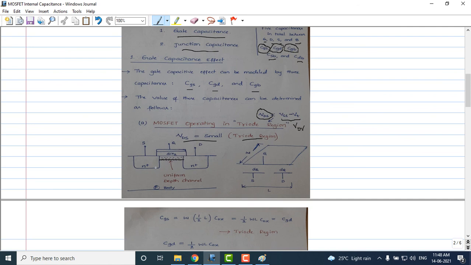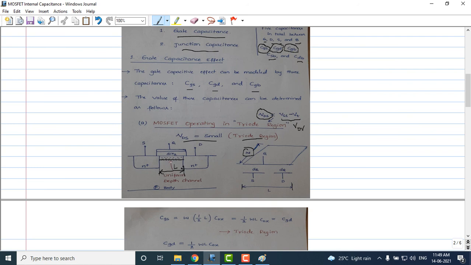This can be visualized in another way, which is shown adjacent to this diagram. This rectangular surface that we have shown can be interpreted as a gate, and we know the width of the gate is capital W, and this entire region is the gate region. Therefore, this distance is nothing but the length of the channel, capital L. This is the length of the channel from the source side to the drain side. This is the gate terminal, the gate surface, and this region is nothing but the channel region.